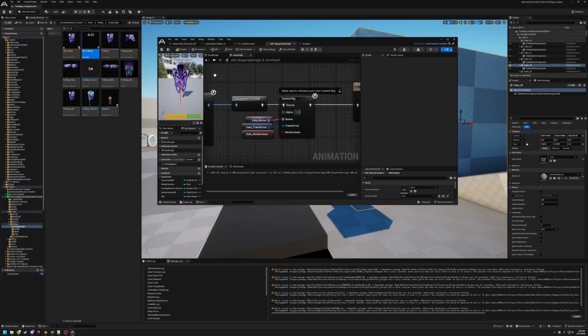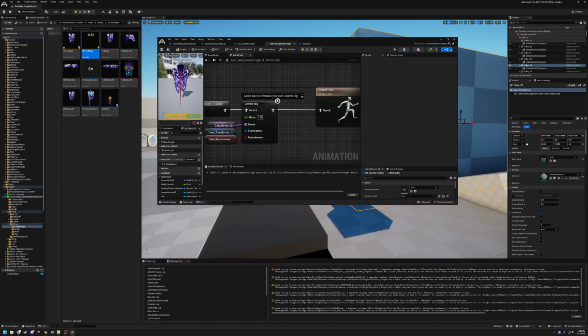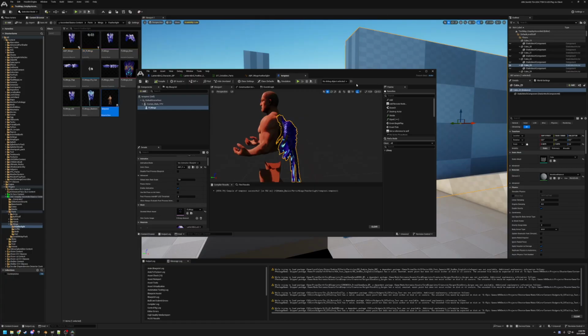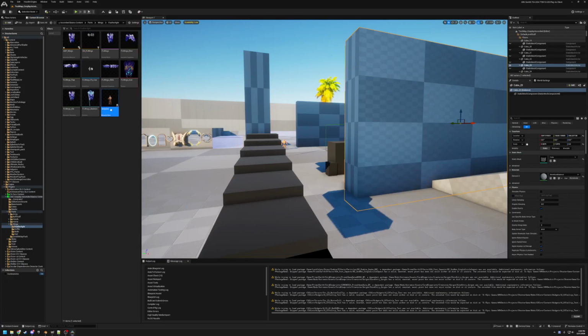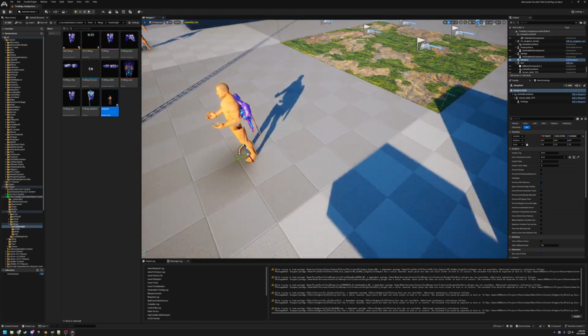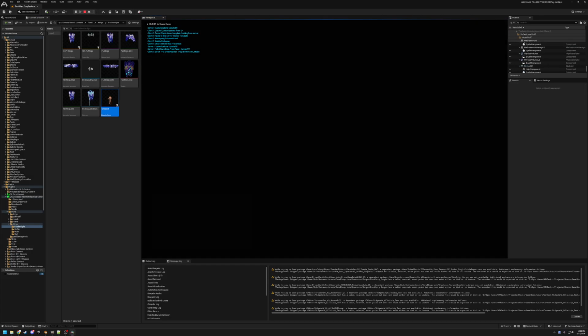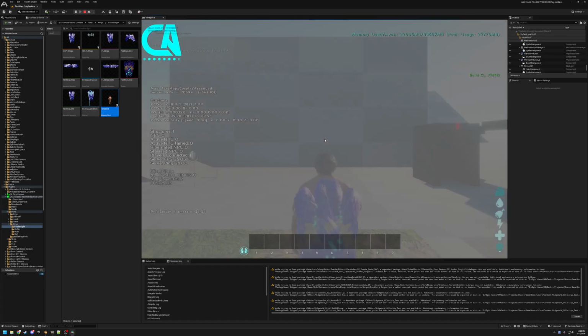Interesting. It should. Oh, wait. I know why it's not. Because it's not ticking. Because if I drag that into the world and then hit play